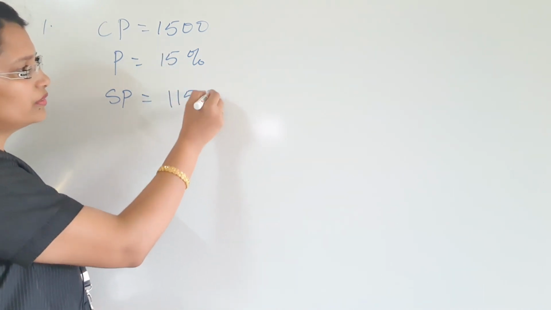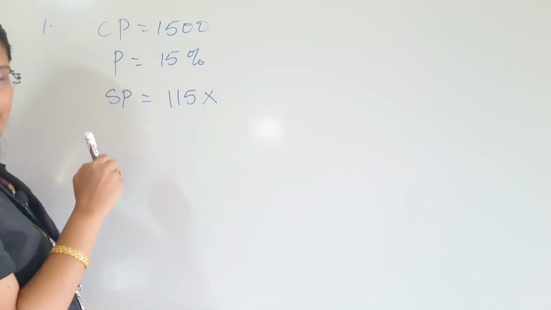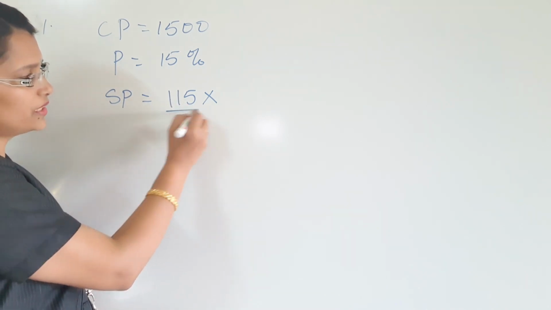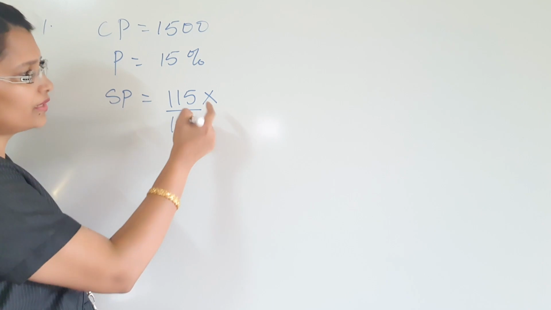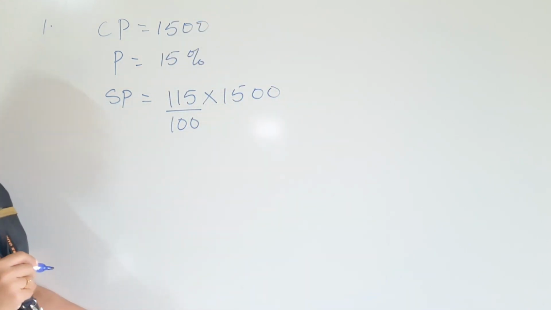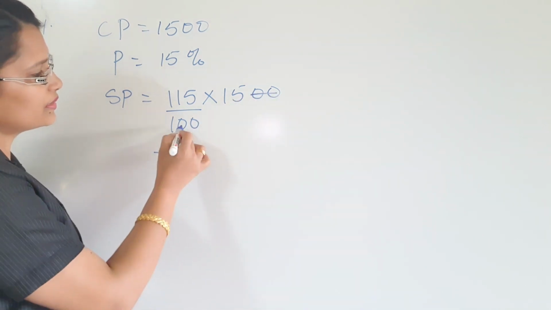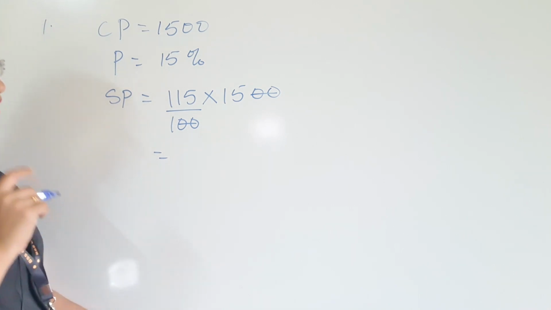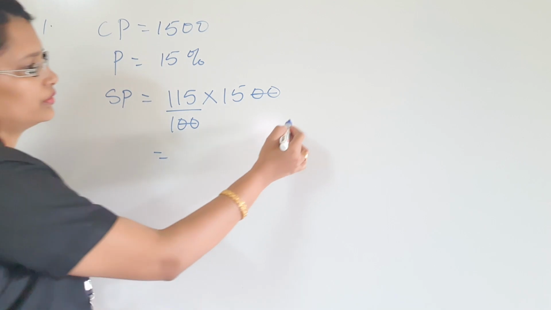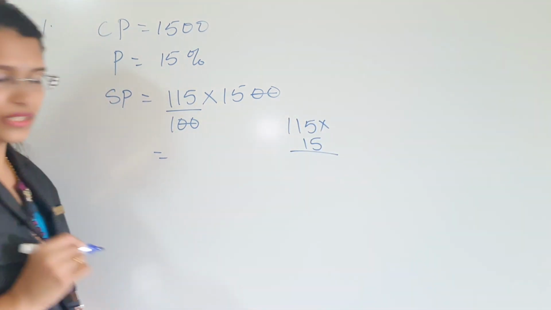So 115 into this 1500 divided by 100. So 115% means 115 divided by 100 into cost price 1500. Okay, is equal to, cancel these zeros, and then 115 into 15,